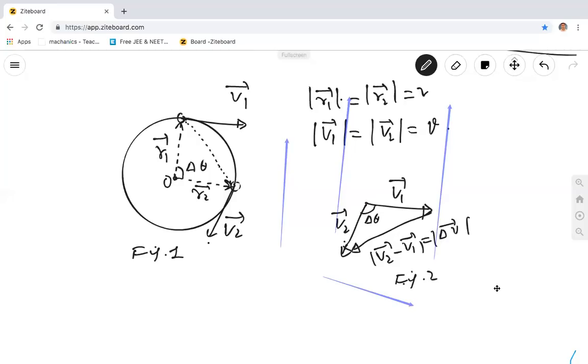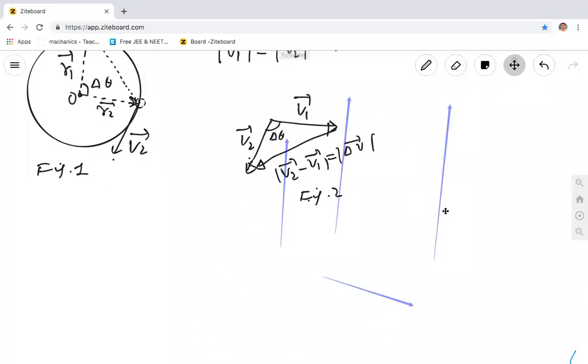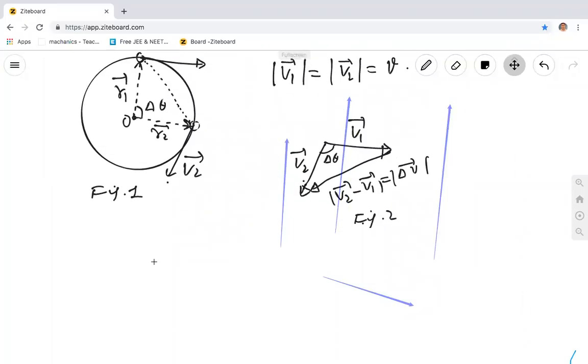What we know, if the two triangles are similar, they have a property. What is the property of two similar triangles? This side by this side is equal to this side by this side. This is delta r. This side by one of the sides is equal to this side divided by one of the sides. So it is something like this. Comparing the two triangles,